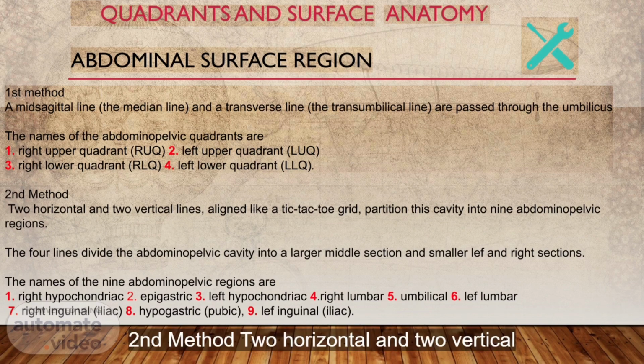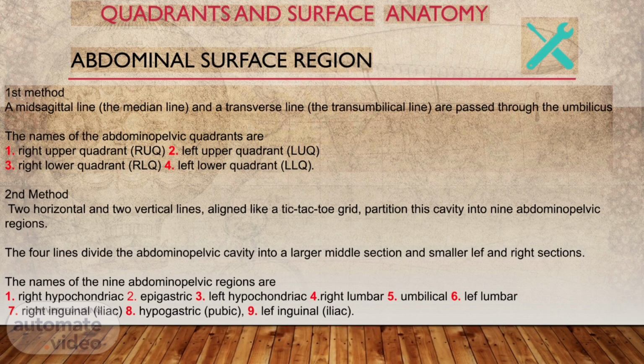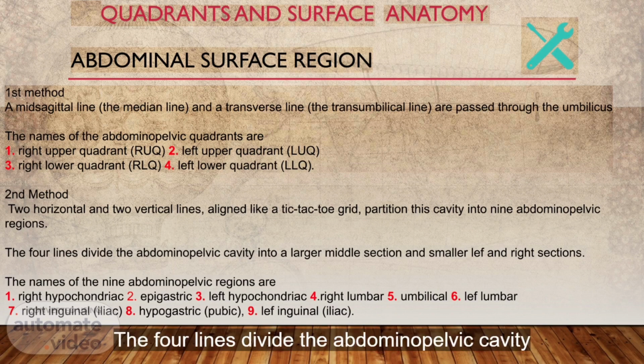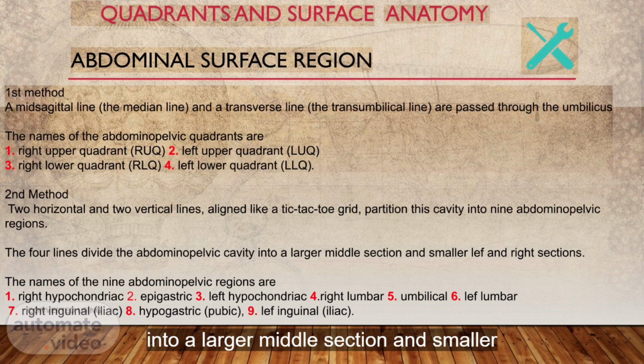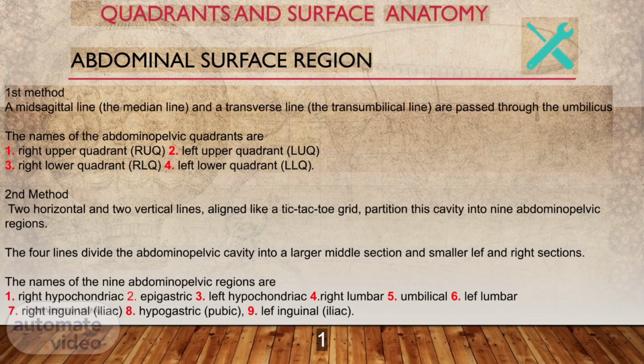Second method. Two horizontal and two vertical lines, aligned like a tic-tac-toe grid, partition this cavity into 9 abdominopelvic regions. The 4 lines divide the abdominopelvic cavity into a larger middle section and smaller left and right sections. The names of the 9 abdominopelvic regions are: